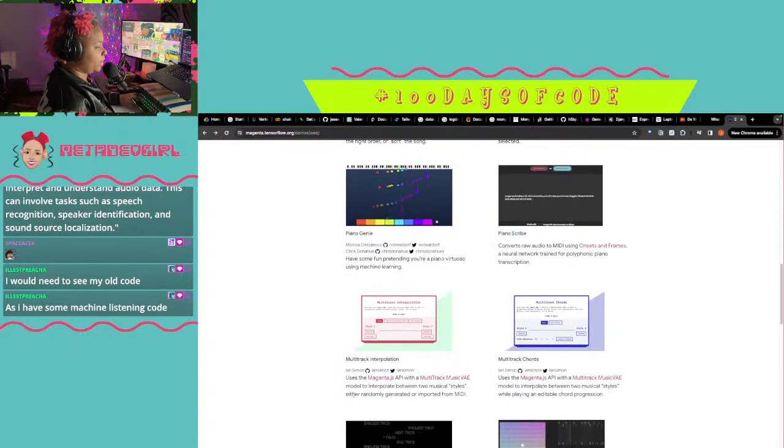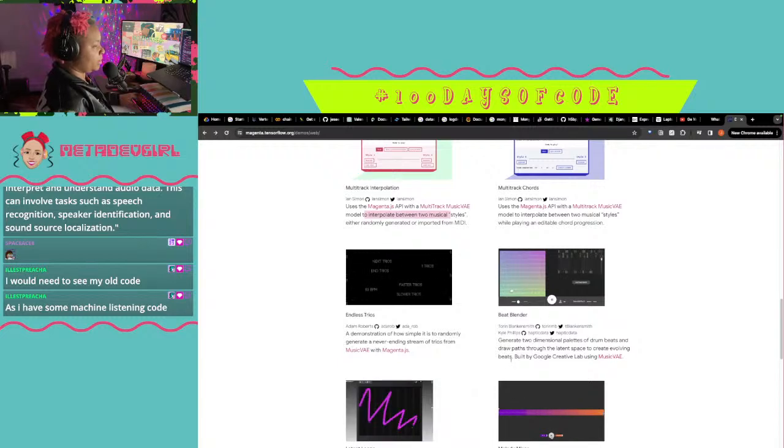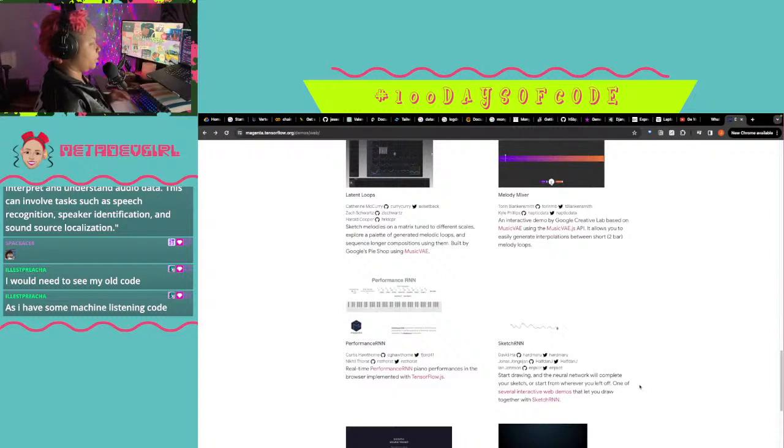Multi-track interpolation. Interpolate between two music styles. Beat blender. Generate two-dimensional palettes of drum beats and draw paths. Sketch melodies on a matrix. Tune to different scales.